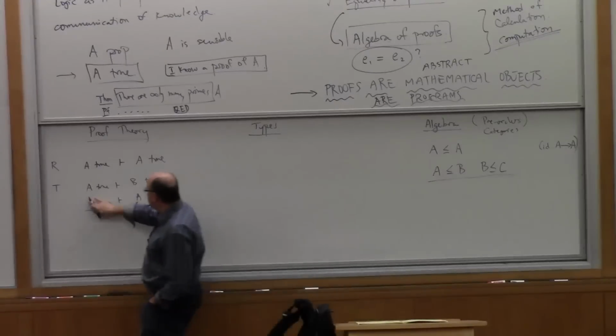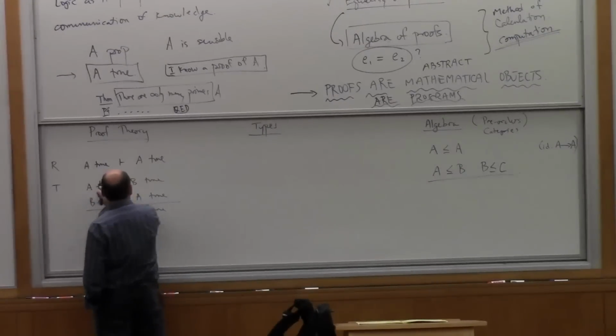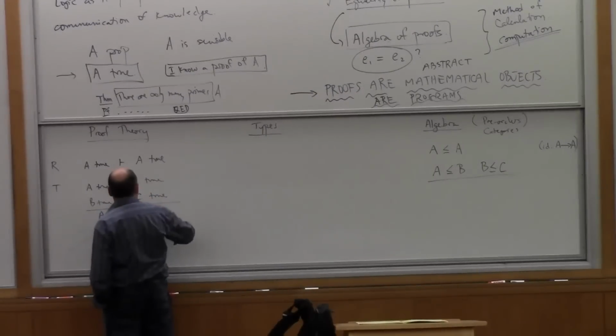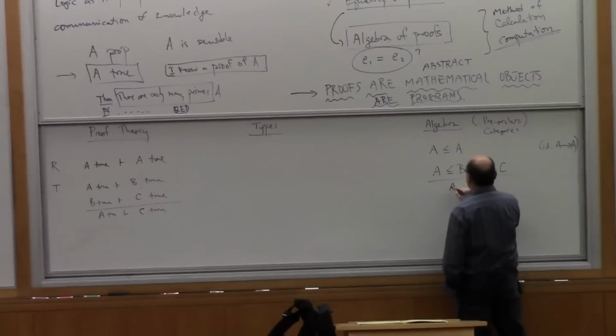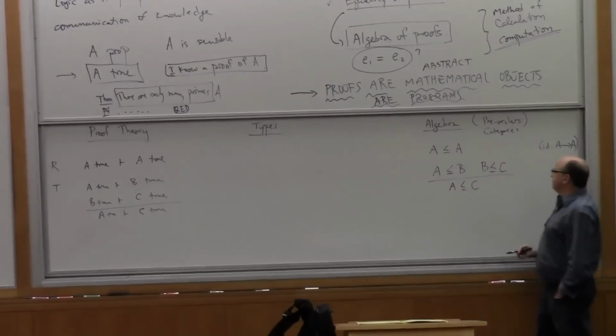Let's do it to make it look better, okay? So I want A less than B, B less than C. Let's do it like that. I got my letters wrong. And then it will be A less than C. That way it'll work. Okay, good. So then the notation will work. Then A is less than or equal to C.